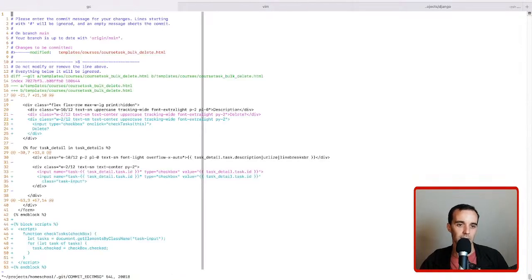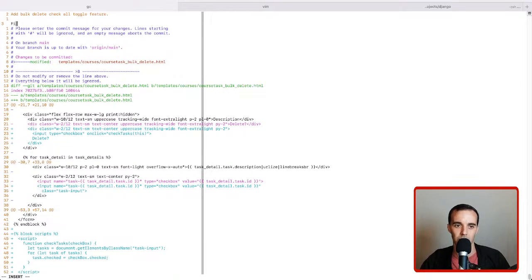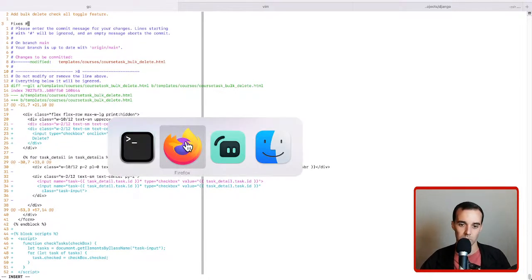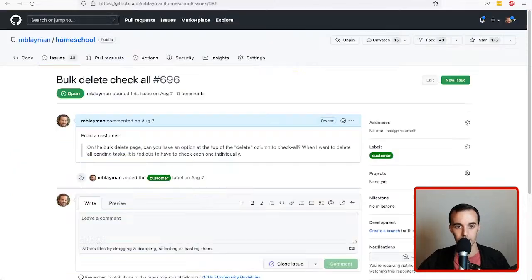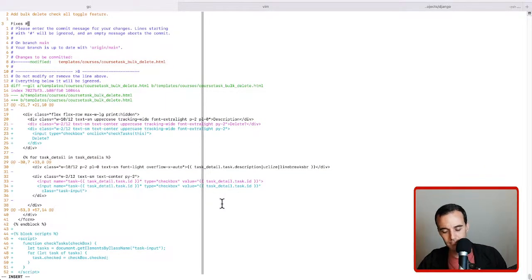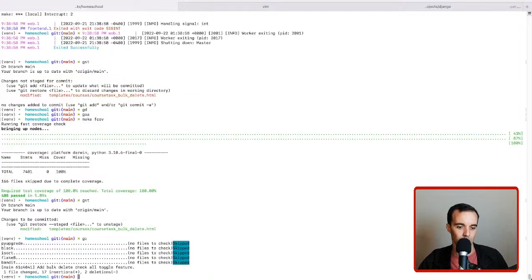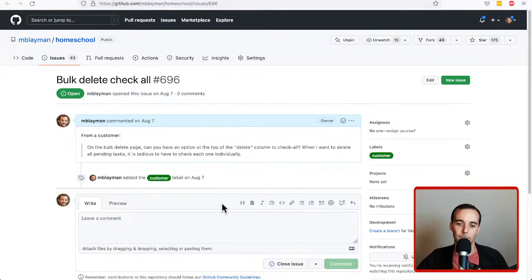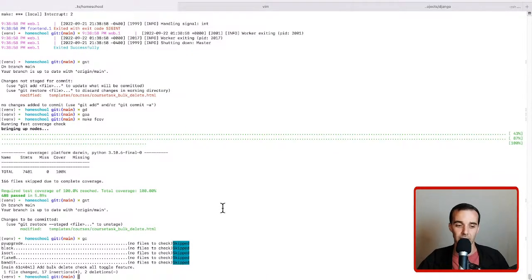We're going to commit this and we'll say add bulk delete check all box. Check all toggle feature. Fixes 696. Cool. That'll make my wife happy. So cool. And so I added that fixes thing. If you've not used GitHub before,